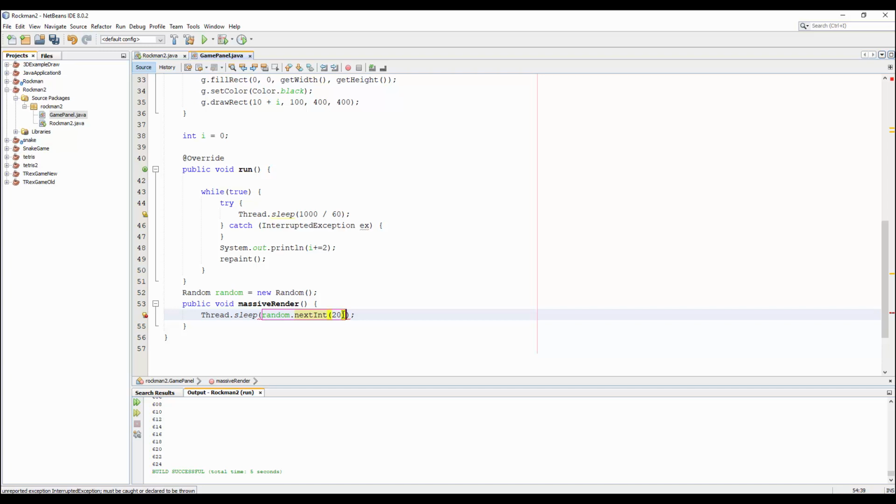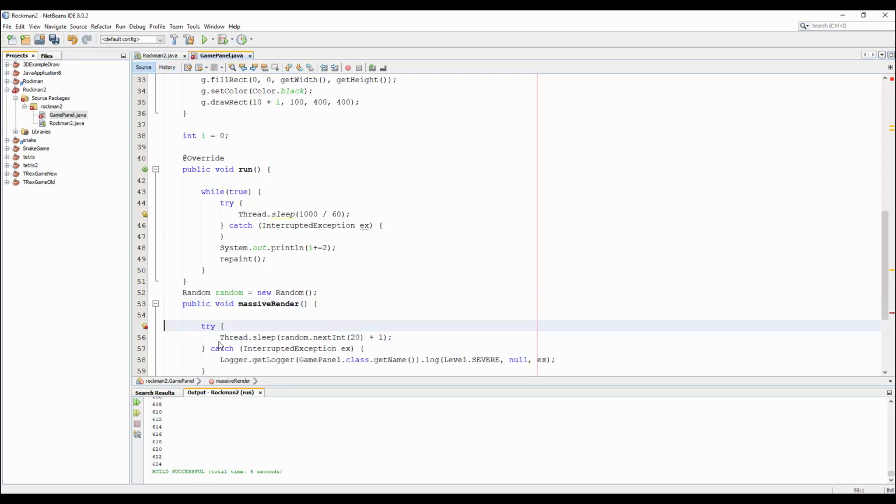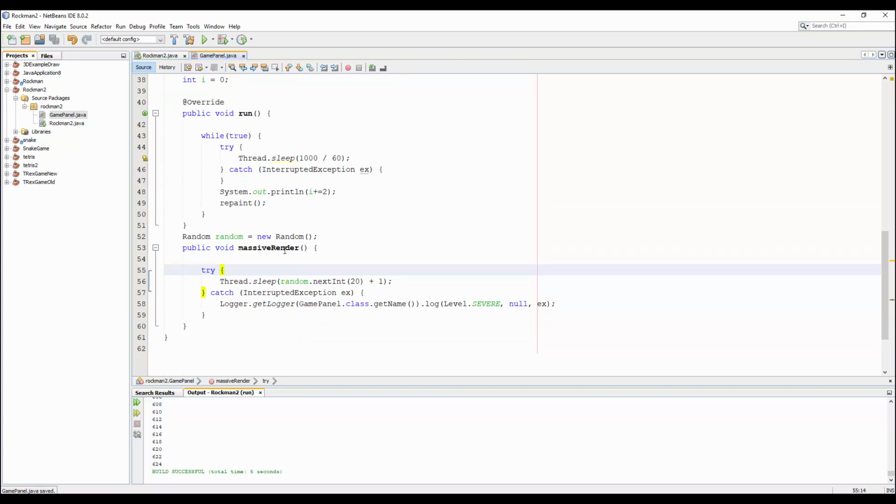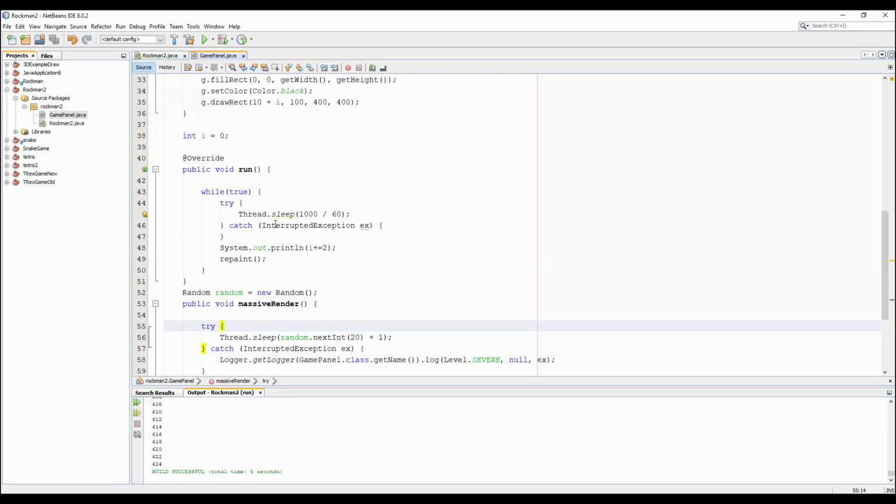plus 1 to prevent the sleep from getting a 0, because 0 can throw an exception. So we need to try-catch this. So this method will take a lot of time, maybe a maximum of 21 milliseconds, random from 1 to 21. Alright,